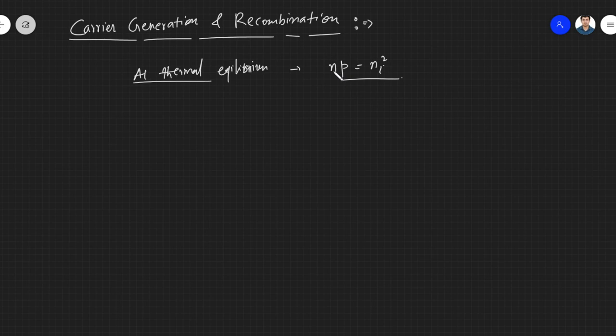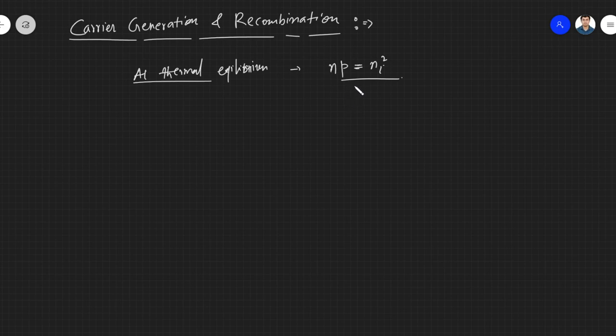That is, the concentration of electrons multiplied by the concentration of holes is equal to the square of the intrinsic carrier concentration. Now this is only at thermal equilibrium, and when you use the device, they are no longer in thermal equilibrium,